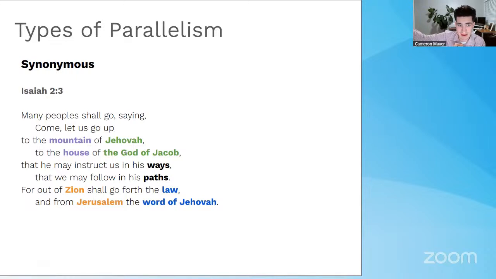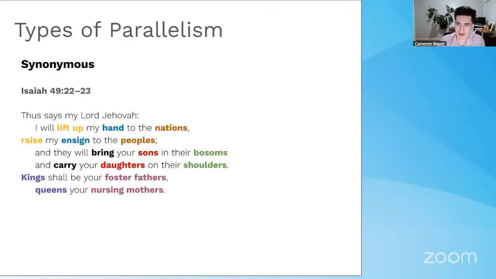And now that I see mountain being used in this context, could I read this and could I also read in house in some sense, right? And could I get an idea for other meanings? That will make sense as we kind of push along here. But that's a synonymous parallel. There are a couple of other kinds. Here's just another example of a synonymous parallel.